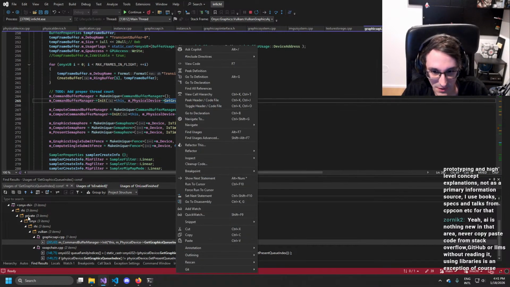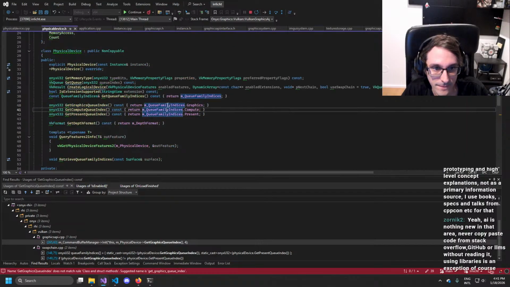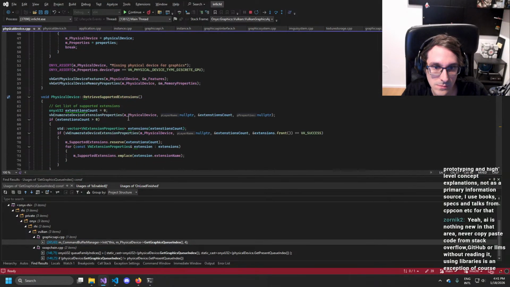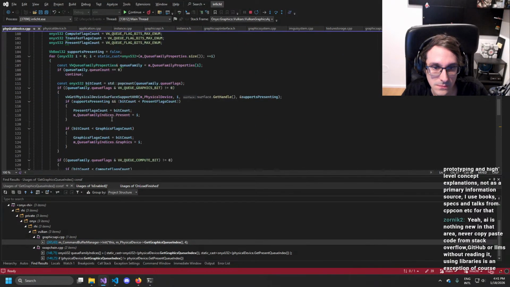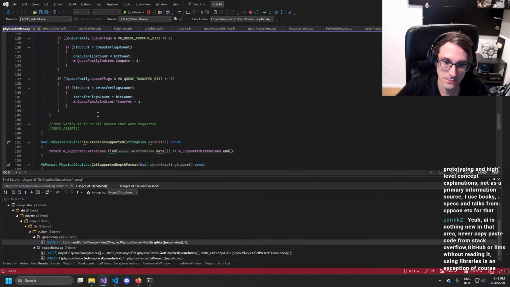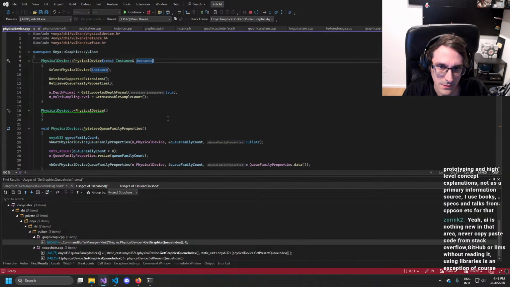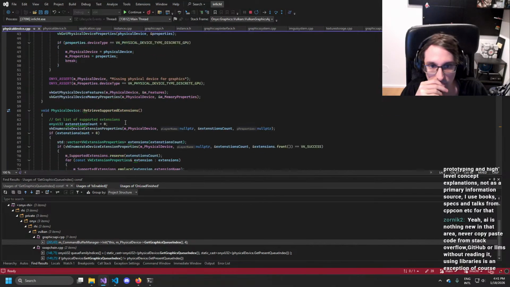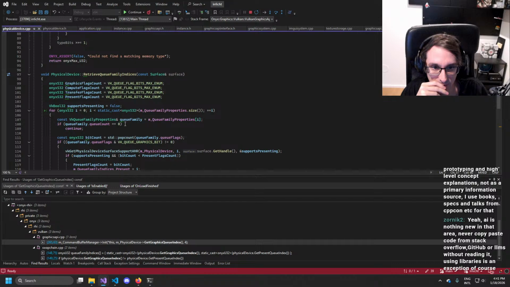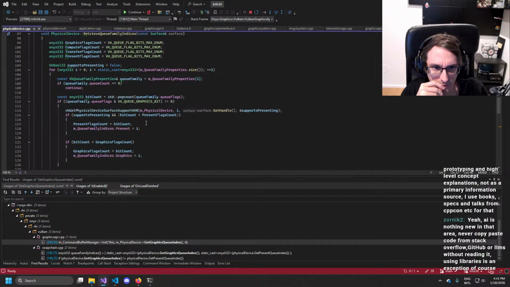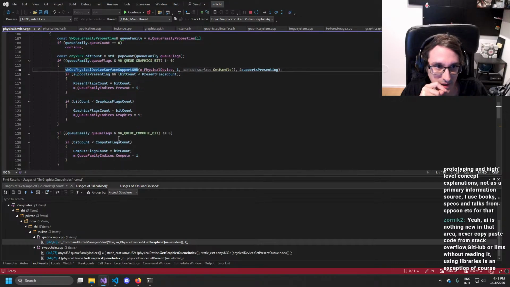Get graphics queue index. Is it really this or what? Yeah, I guess. Yeah, unfortunate, I guess. Why is that based on the surface? That's sad, I guess, but whatever.